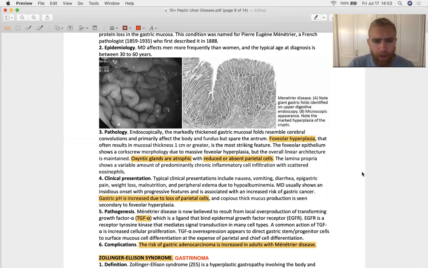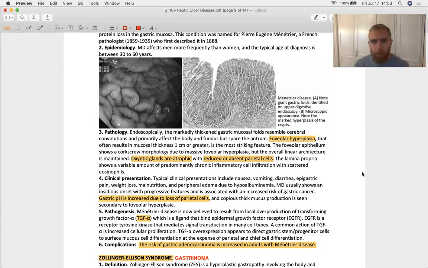And we believe that Menetrier disease occurs due to local overproduction of transforming growth factor alpha. So that sounds a lot like TNF alpha, TGF alpha, so don't get those mixed up. TNF alpha is tumor necrosis factor alpha. And TGF alpha is transforming growth factor alpha. So you should think necrosis factor, growth factor. Well, a growth factor is going to make you grow, right? So that makes a lot of sense that too much of this growth factor is causing a specific type of